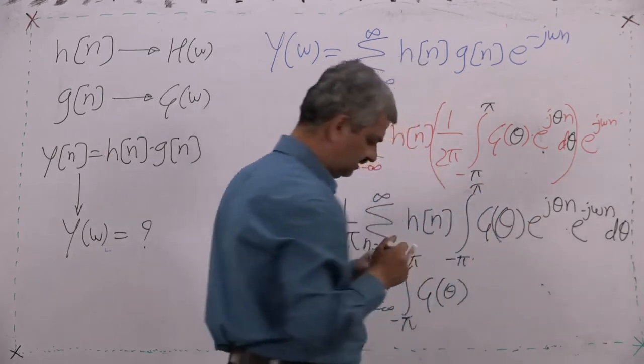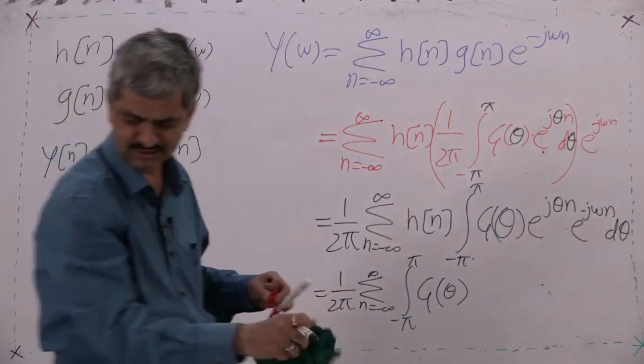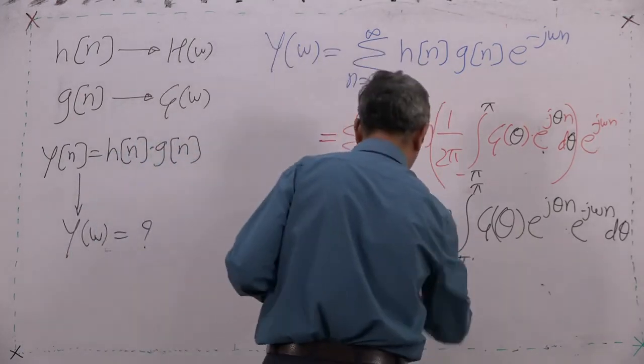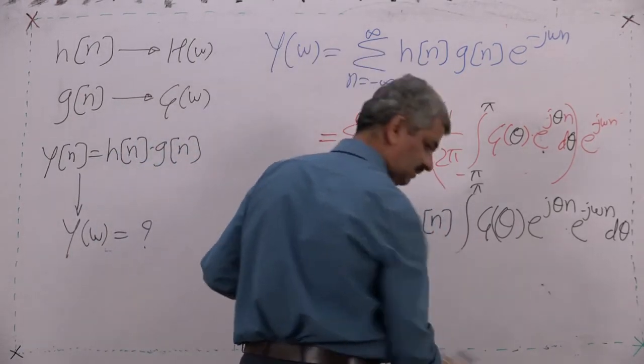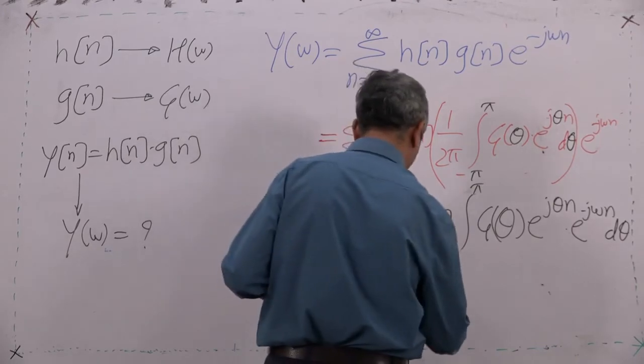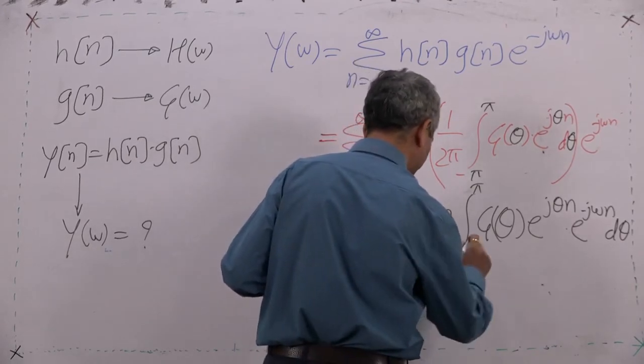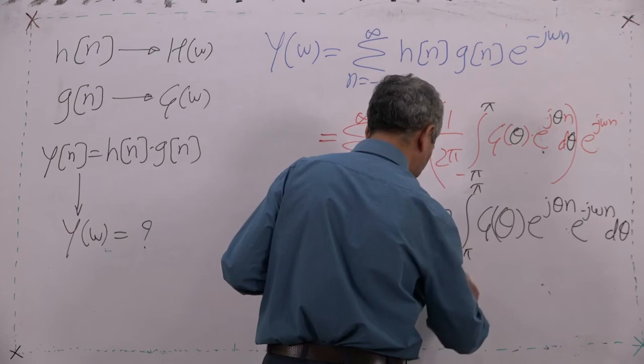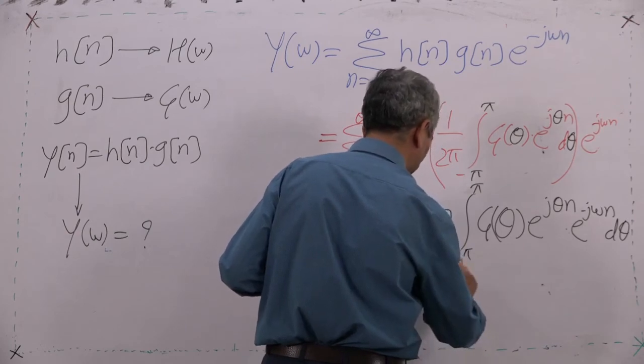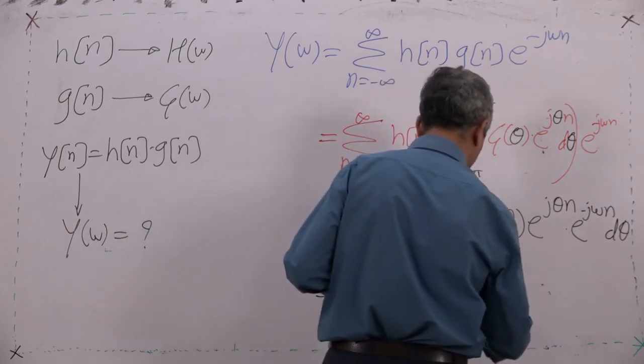This h n could have remained outside also; no purpose is served by putting h n inside. So I will make it clear first, h n, integration minus pi to pi g theta,